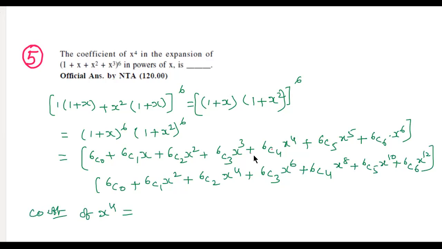So after multiplication we get. Now see which terms we need to multiply. 6C0 into 6C2 into x power 4. These two we multiply, means we get the x power 4 coefficient. That means 6C0 into 6C2 plus 6C1 into x. Here there is no x cube in the second expansion, so that is not useful. 6C2 x square, 6C1 x square. Multiply these two, 6C2 into 6C1, x square into x square, x power 4, or not?